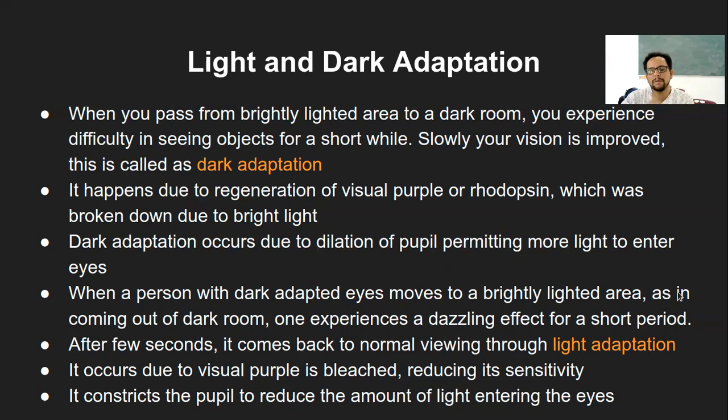It also depends on how healthy your eyes are. For some people, it can go a little longer, up to 4 to 5 seconds. That depends on how strong the eye structure is, and that is called light adaptation. Another mechanism is just the constriction of the pupil. That's what we usually do when we move from dark to light or the other way around. So these are the two concepts of dark adaptation and light adaptation, which happen due to the regeneration time taken by the pigment to come back to its normal functional state. That is why dark and light adaptation.